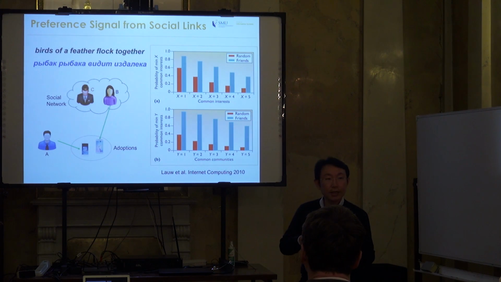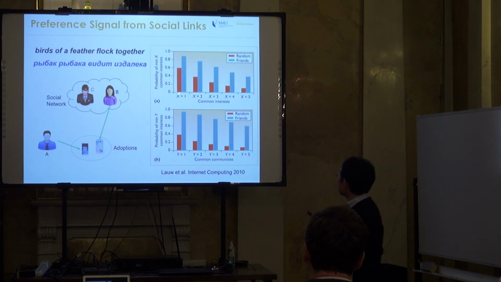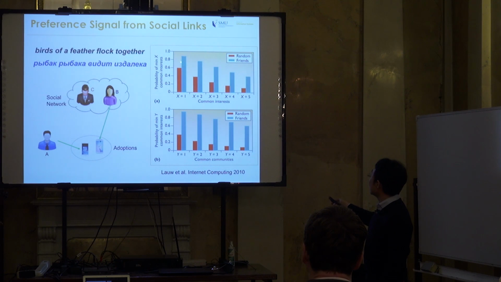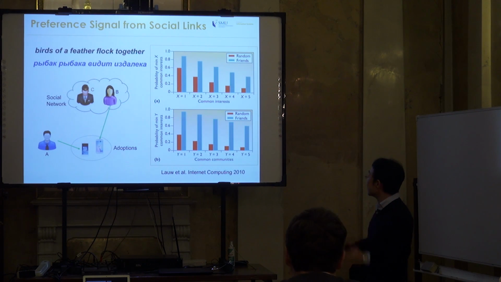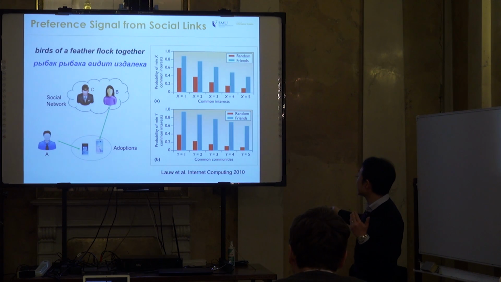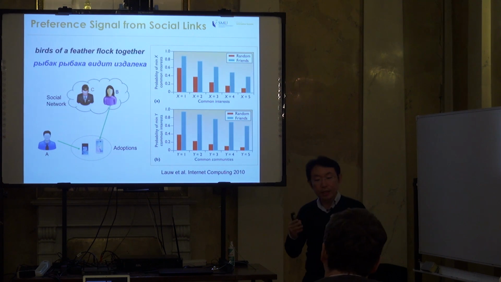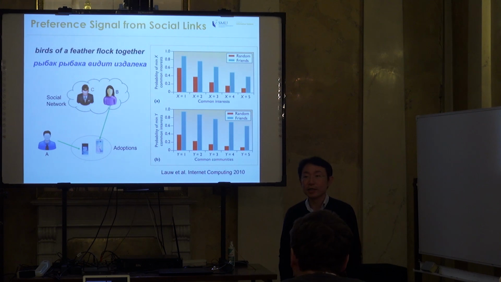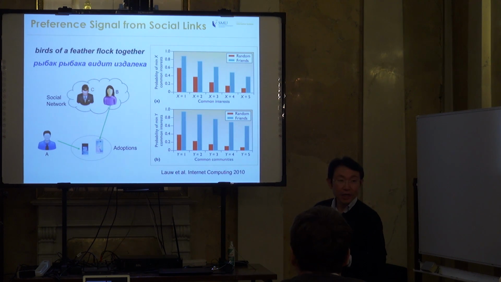And is it likely that if they are friends, then they will have more common interests? And it turns out that that is true, because most of the time we look at these are the random, these are the friends, and friends tend to have higher probability of having some number of common interests. And the correlation actually goes both ways,